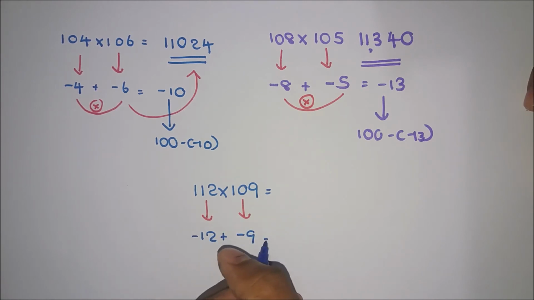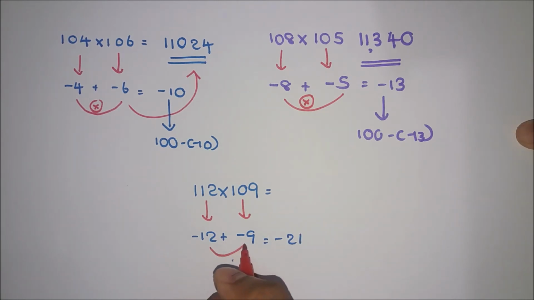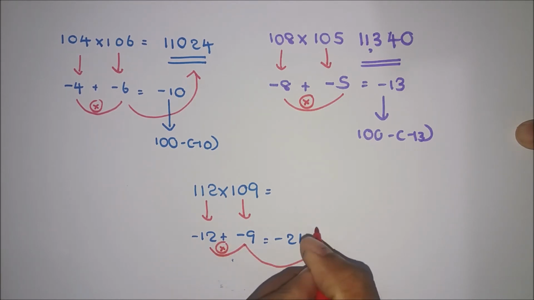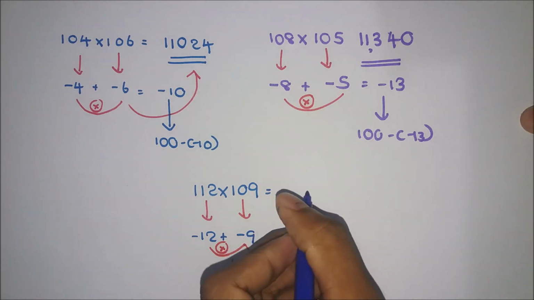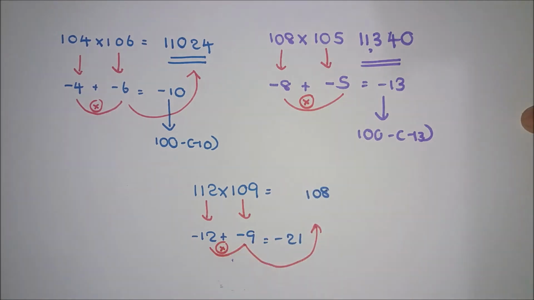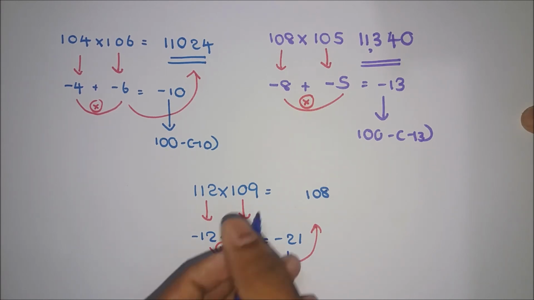Add them: minus 21. So our next step, multiply. What is the answer? 108. Okay, last step, take the difference: